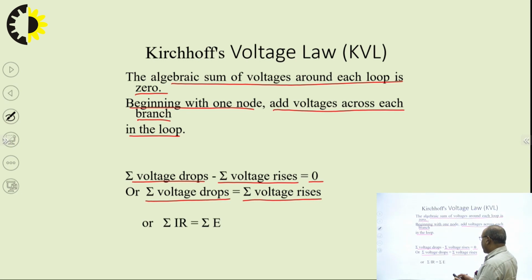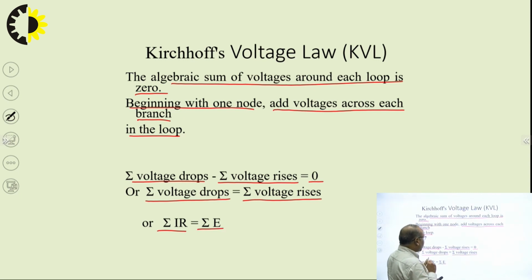Or this can also be written as sigma IR. This is the algebraic sum of IR drops or voltage drops, since IR means voltage drop, and sigma E is the algebraic sum of all the voltage rises, since E is the source EMF or the battery EMF. So, this is basically voltage rise. So, that means sigma IR equal to sigma E. This is KVL